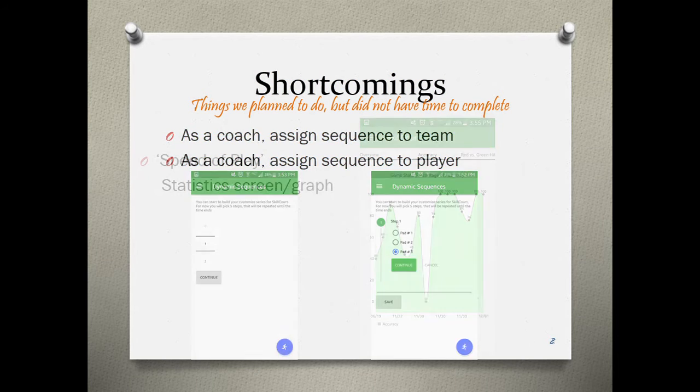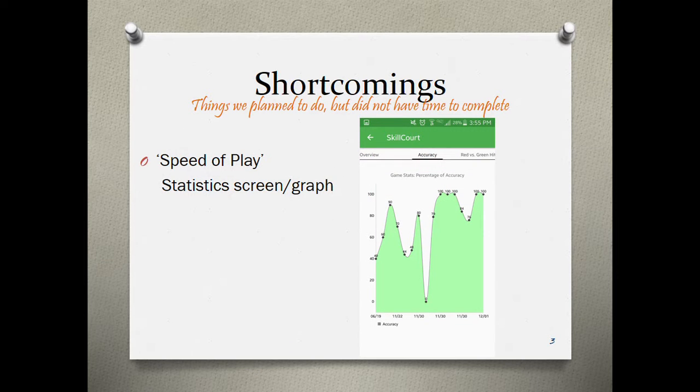Yet another shortcoming comes within the statistics arena. We currently have swipeable views of different statistics. Near the end of the semester, real data of a player's game was finally stored in the database. At this time, we decided to store the time duration of the game within the database as well. This value, along with the total number of hits count, can be combined into some sort of visual diagram that can display the speed of play for a player during that particular game.